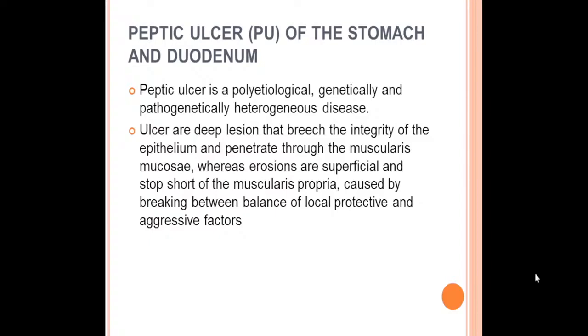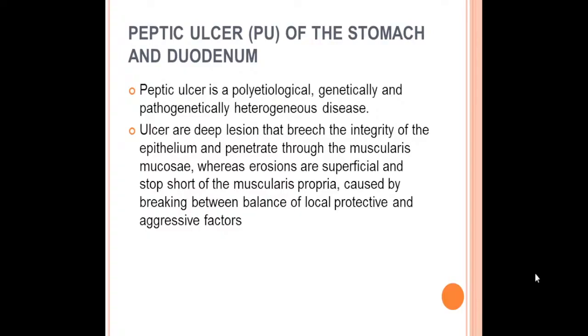Treatment of gastritis, I speak together with peptic ulcer treatment because it is the same treatment scheme. Peptic ulcer of the stomach and duodenum. Peptic ulcer is a polyetiological, genetically and